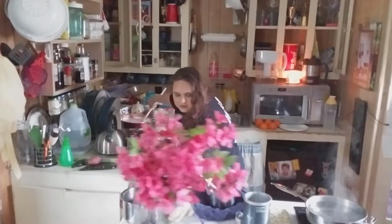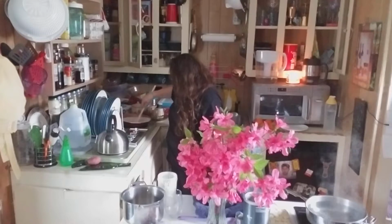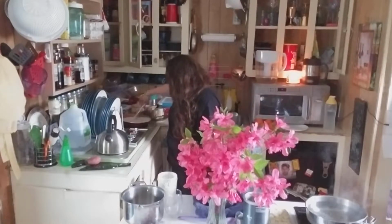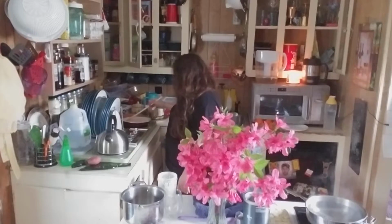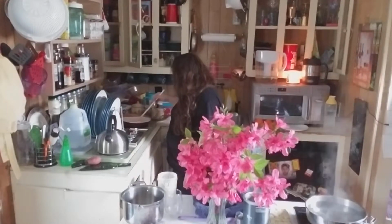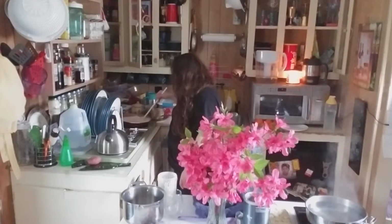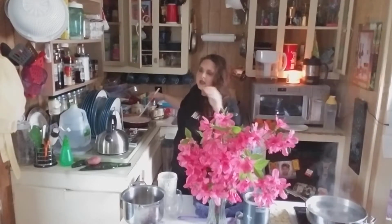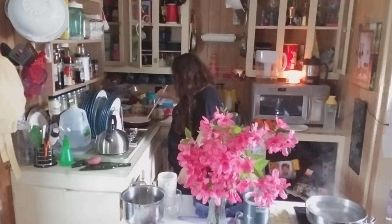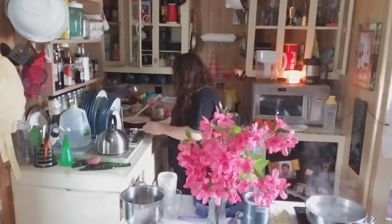We're going to move the flowers out of the way so you have some semblance of being able to see me. We're going to stir that. I found out it's just my lights that don't work right now, but that's fine. I'm just going to stir this until all the liquid is gone and it's just one solid stretchy mass. I'm just going to stir that and stir that and stir that on medium heat